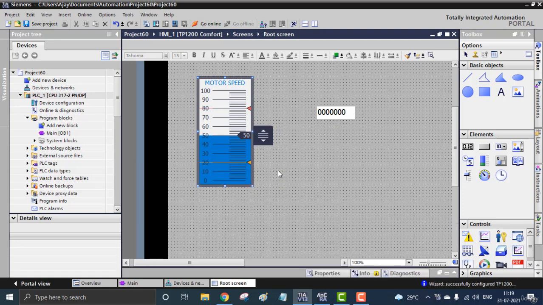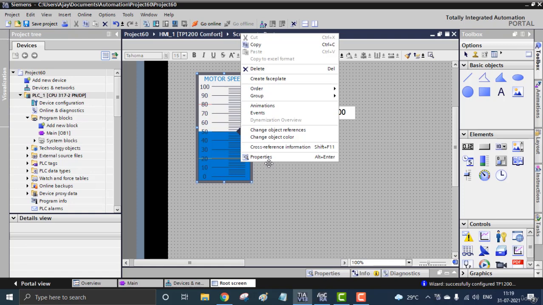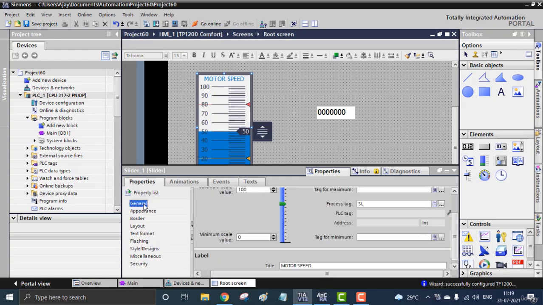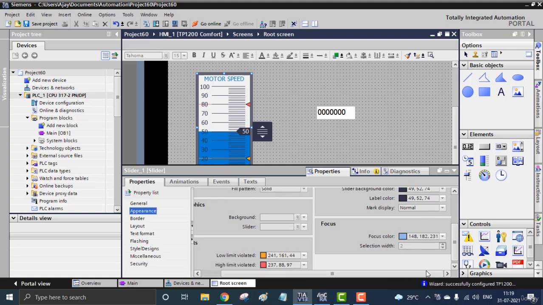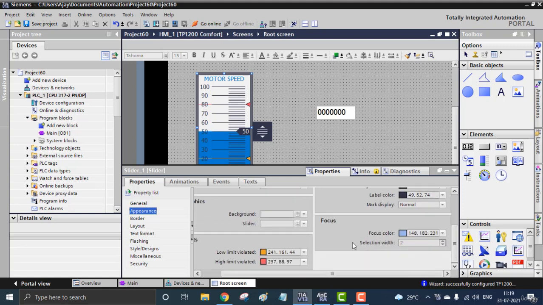And you can see two more things also. One low limit that will be in yellow color, and one high limit that will be in red color. It is mounted here. If you go to the properties, you can set the limits. In the general appearance, you can see the low limit and the high limit. The low limit is in the orange color and the high limit is the red color. So that is it.